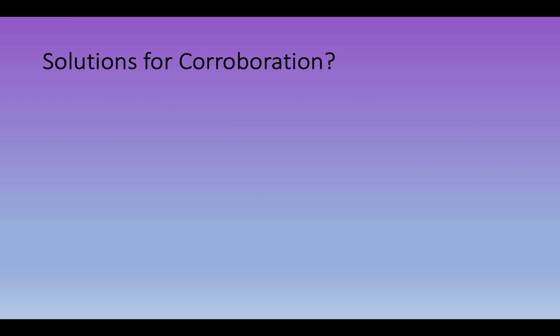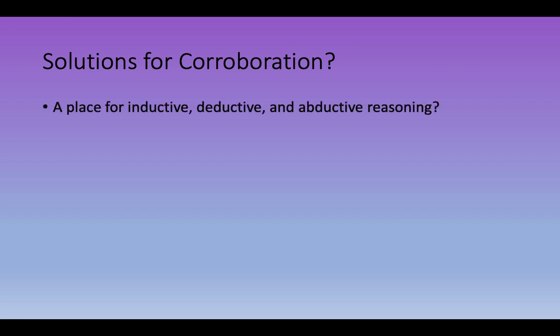So what are solutions? How could we actually effectively corroborate the scientific process, right? And I think it's important to think about corroboration, because we're talking about testing things in multiple places to show a similar outcome, right? The repeatability and replicability of science is a really implicit and important part. If we want results that are going to be meaningful in a broader context, then they have to be demonstrable in multiple contexts. So something to think about here is whether there is a place where we could allow for all of these different types of reasoning to exist and to complement each other. And I would argue that there is.